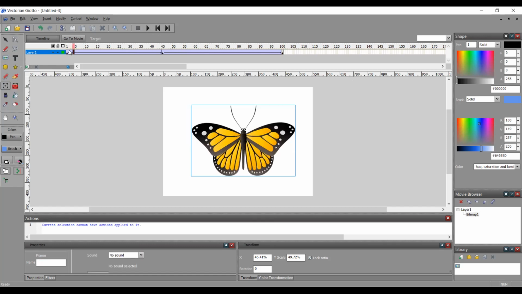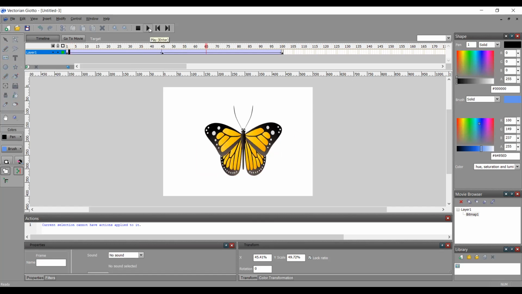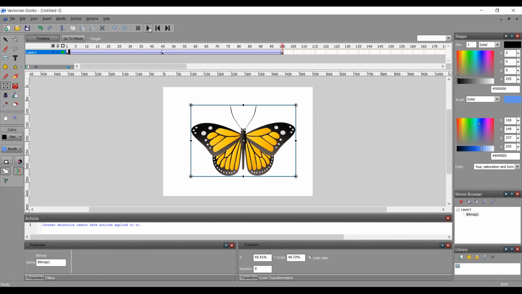Right. I invite you to try this on your own. Okay, we have done three kinds of animations: motion tweens, shape tweens, position changes, and then also we have animated a GIF. Not a GIF, a PNG. Right? We have animated a PNG. Okay, I invite you to try this along. Take your time and try this along.